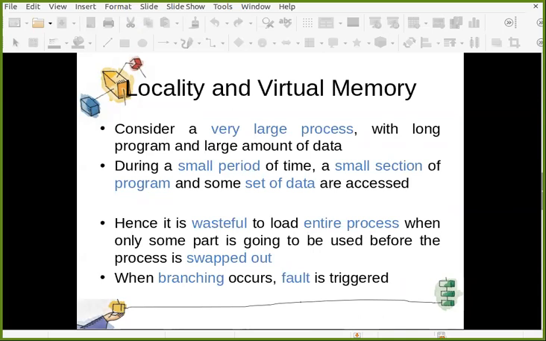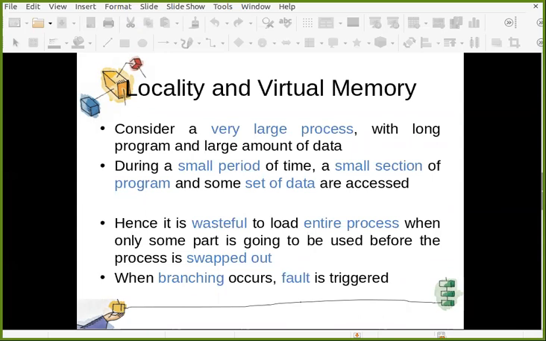We know that for the next few microseconds, or even a few seconds, only some portion of the whole long process is going to be used, and the other portion is not going to be used. In that case, it is wasteful to load the entire process when only some part is going to be used before the process is swapped out.